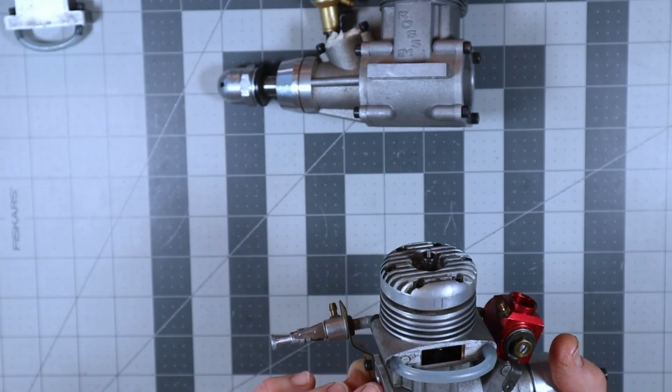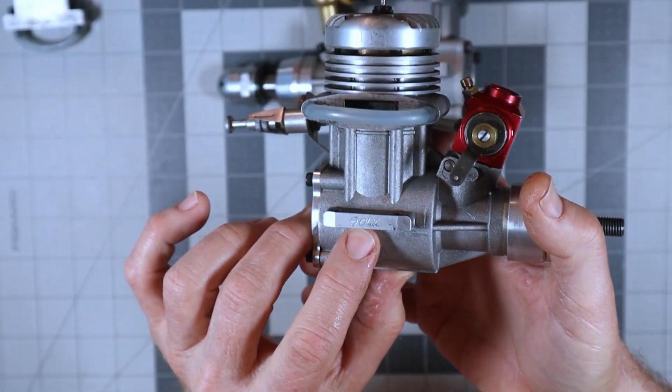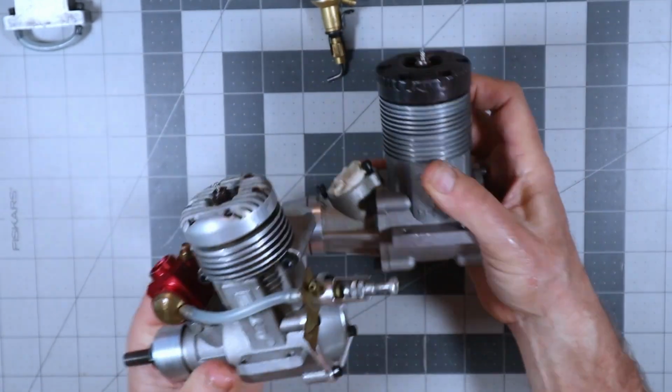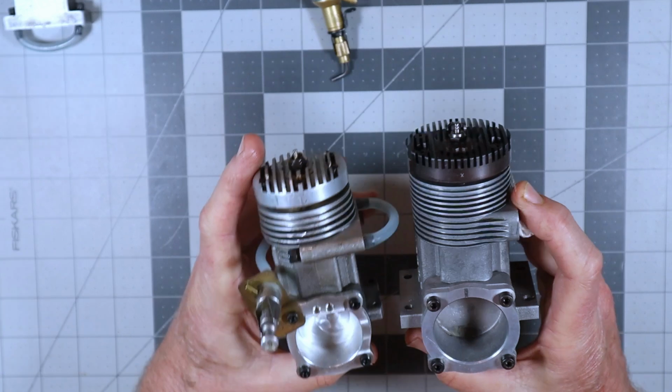Wow. 90LX, it says right here. I don't know if you'll be able to see that. It's kind of scribed in there. 90LX. But look, there seems to be a rather substantial